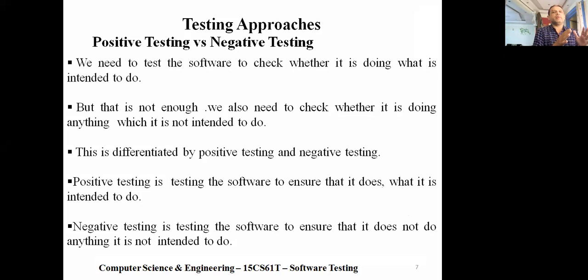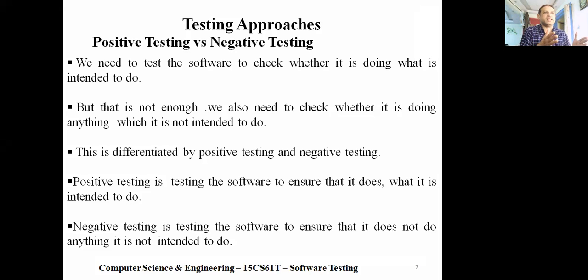So what is the requirement? We test whether the requirements are properly met or not. Sometimes the software may perform correctly, or it may perform some other things, or it may generate an unwanted, unintended result.